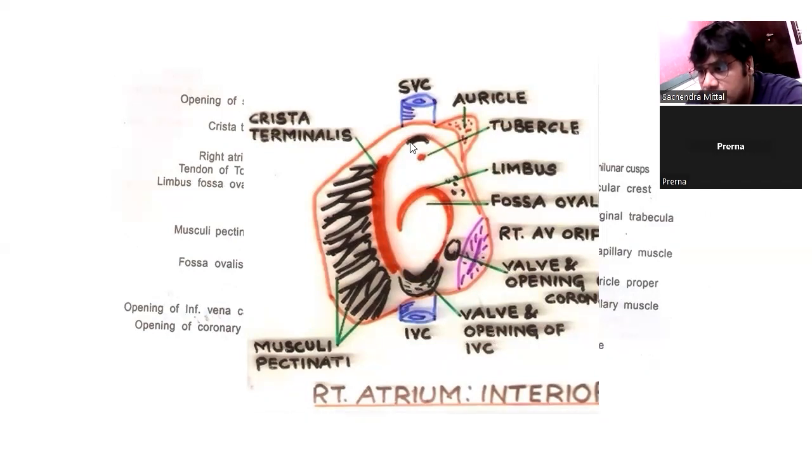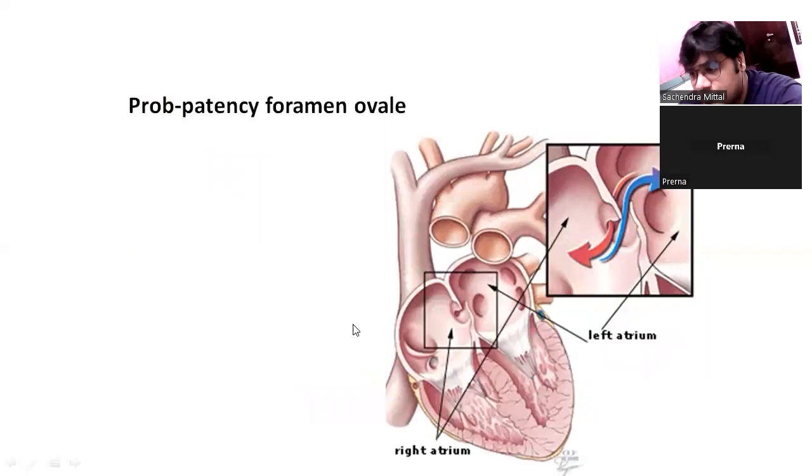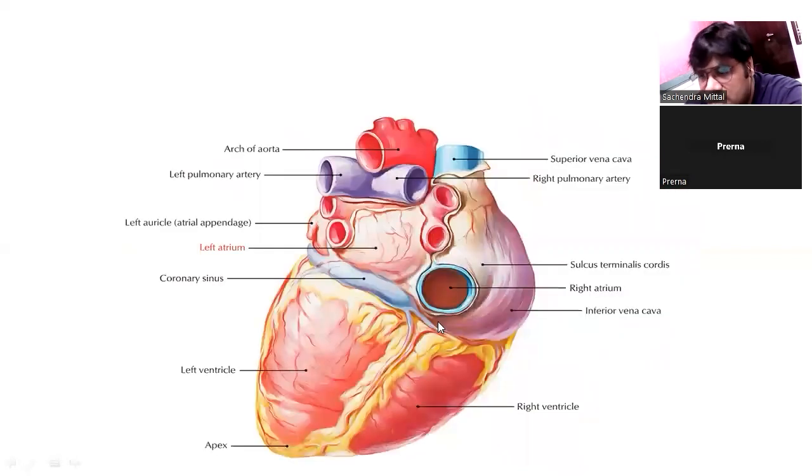This is the opening of the superior vena cava, and right near it you will find the SA node, and this is the anterior wall which is rough, formed by musculi pectinati. What is patent foramen ovale? If the foramen ovale has not closed, if it is open, then there will be mixing of the blood. That is very important. This is about the right atrium that you have to write in the exam. If in detail